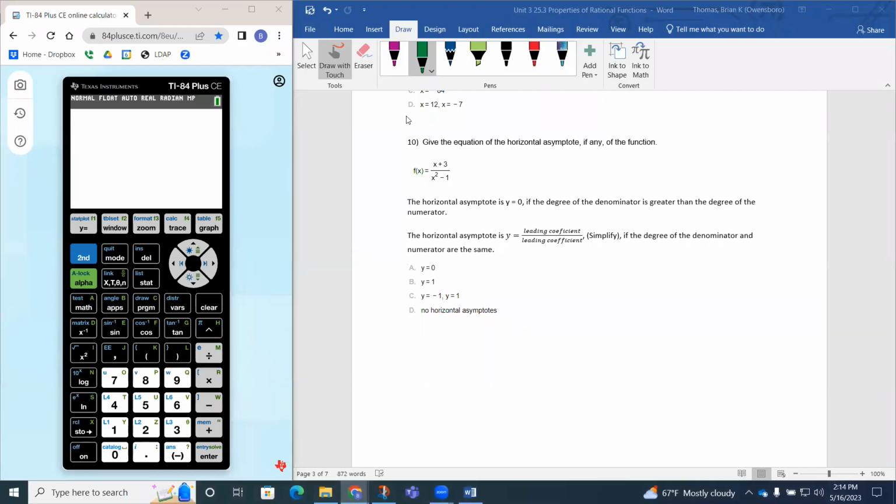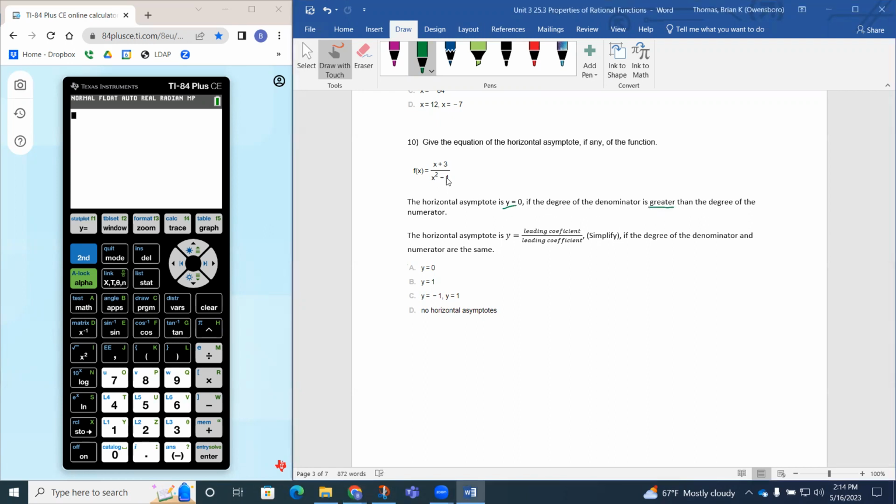Question 10 says, give the equation of the horizontal asymptote, if any, of the function. So remember, we have basically two things to look for. It's all about looking at the degree of the numerator and the degree of the denominator. The horizontal asymptote is going to be y equals 0 if the degree of the denominator is greater than the